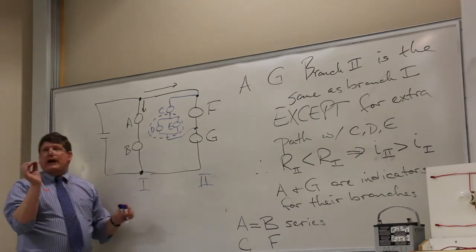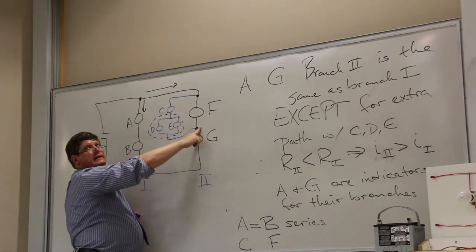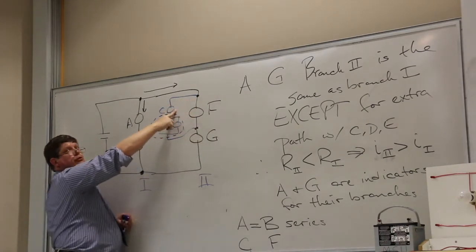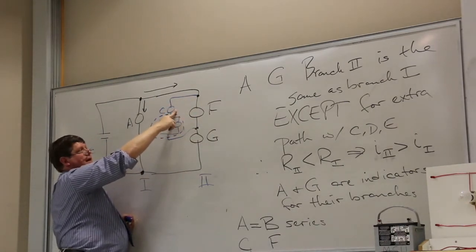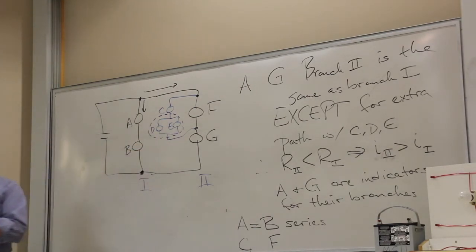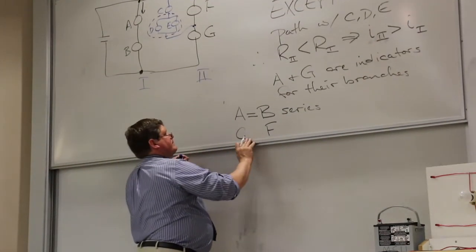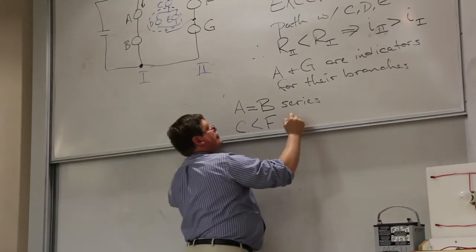If I look at Fred on his journey, Fred can go through one bulb and be back to the mainland. Here, Fred goes through one bulb, not back yet, got to go through something else. It might be an easy something else, but it's still something else. So I would say that F is brighter than C, and my reasoning is current